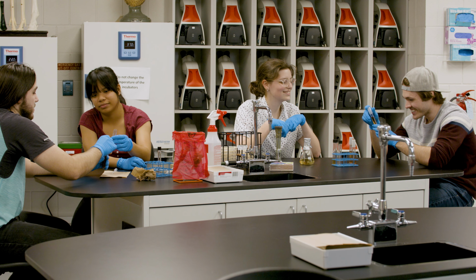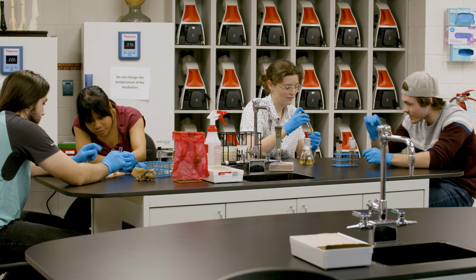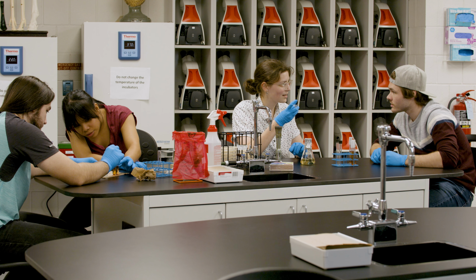When it comes to bloodborne pathogens and sharps, we want to make sure everyone stays as safe as possible. By following the lab rules and guidelines, you reduce your risk of being cut and increase the chances of having a positive